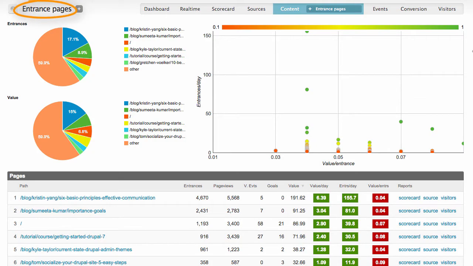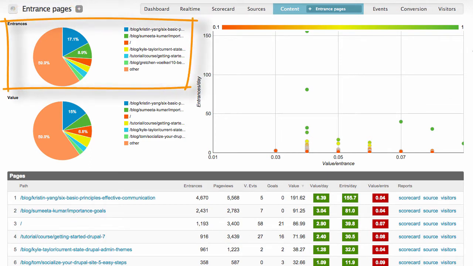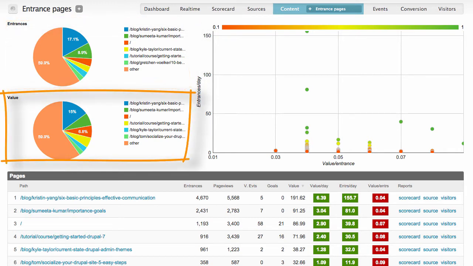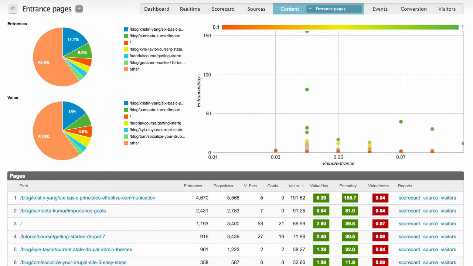This is the Entrance Pages report. These are the first pages viewed when people come to the site. Most analytics tools show entrance pages, but provide little value in helping you identify the ones that provide the most value. We talked about how content is valued in a previous video, but just to recap, value is based on